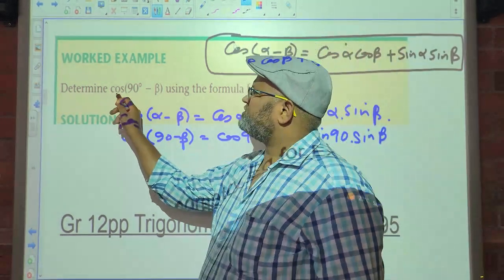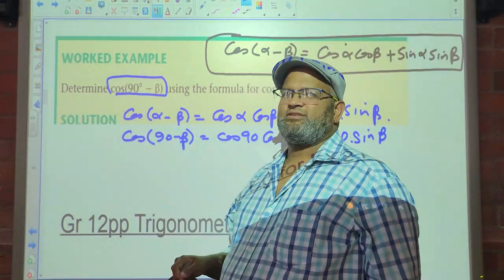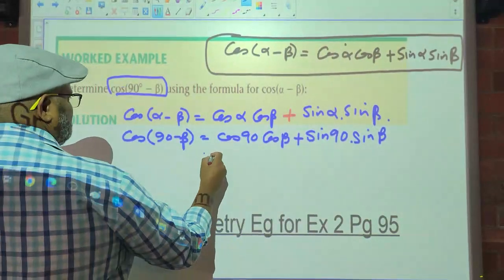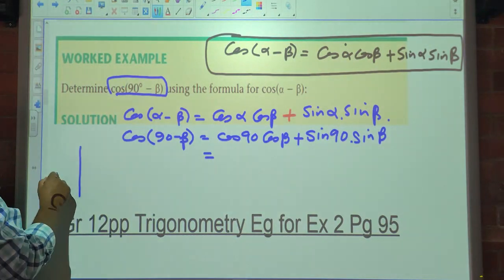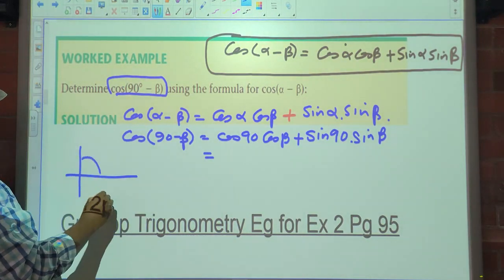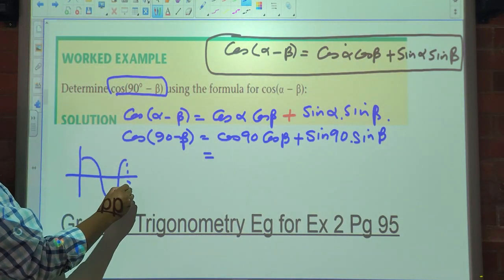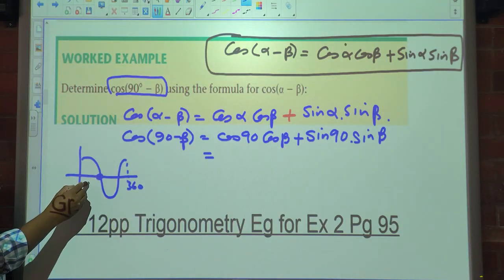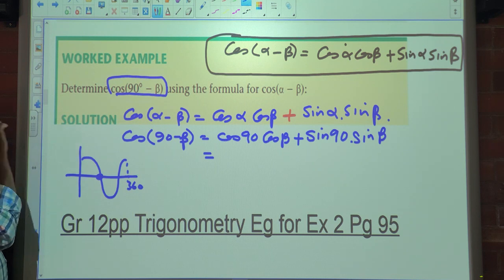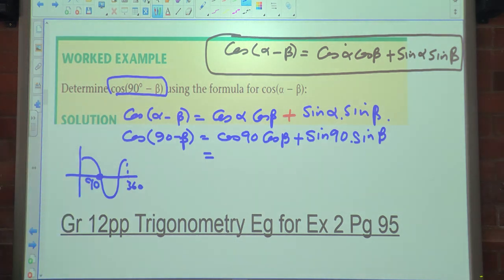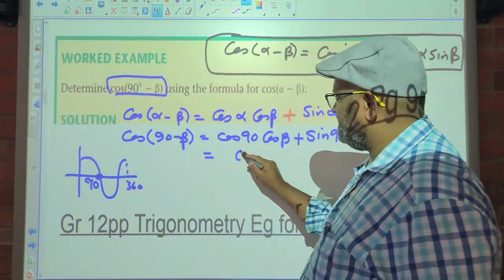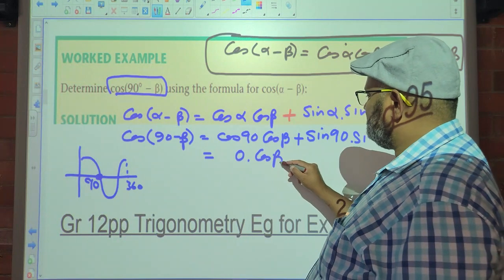But what is cos of 90 minus beta to us? Sine of beta, not so? Let's see here. Cos of 90, we take it to the graph. The cos graph, this is, remember, 360. What is this point here? 90. So what is cos of 90? 0 times cos of beta plus